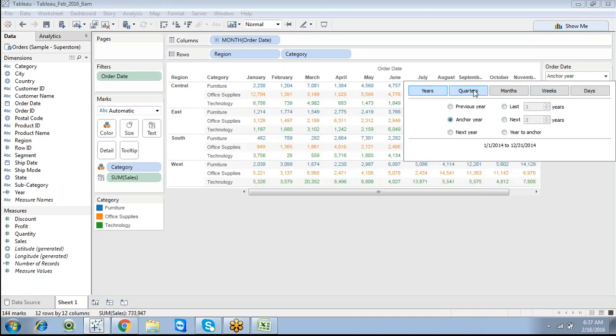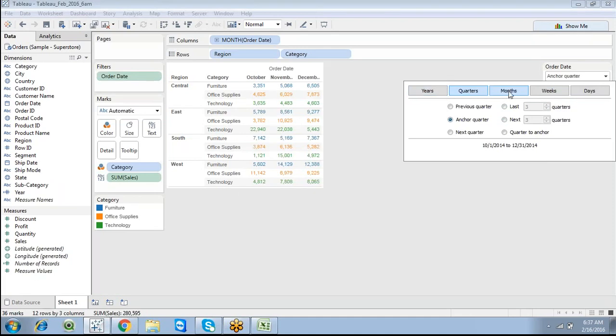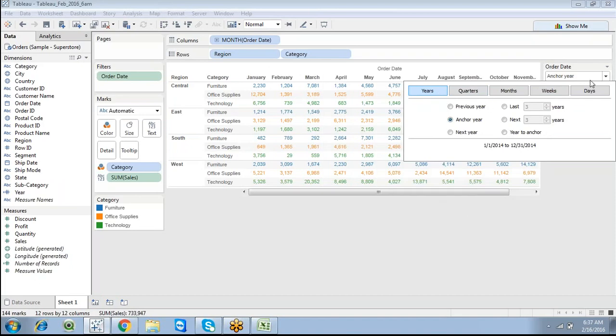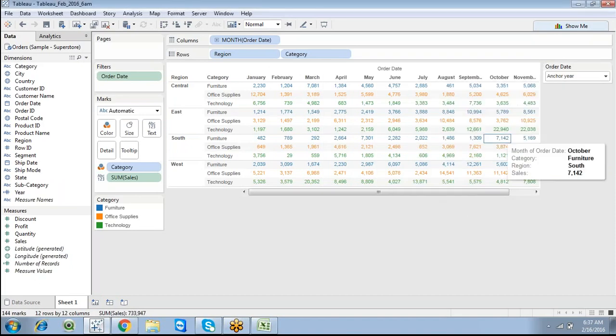So it displays year wise. Now you can see when I select years, it takes the anchor year, anchor quarter, so it displays the last quarter. Anchor is something like the last month, or a December month. So this is what the anchor or relative date filter is. It is simple, but it depends on the data. If you are dealing with month level or year level, you can select the last 3 months or last 4 months, or you can deal with quarter wise data as well.